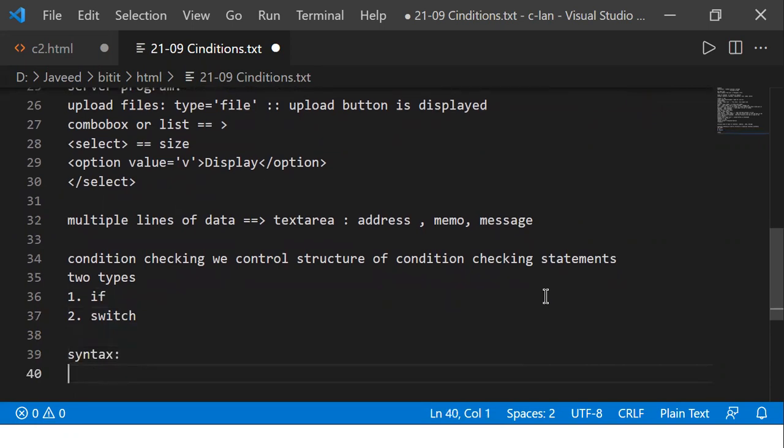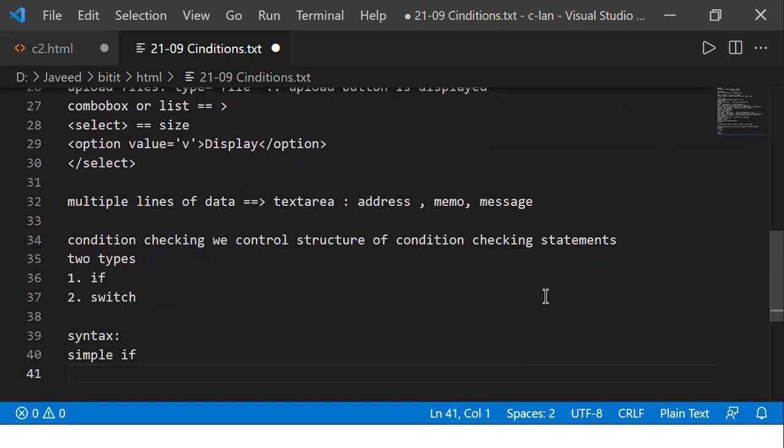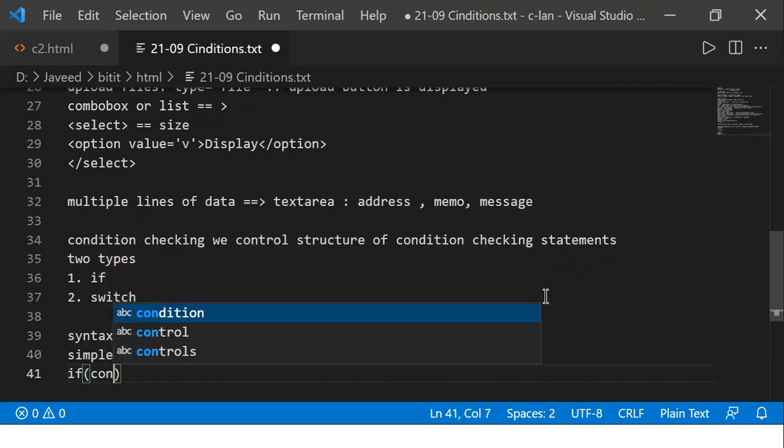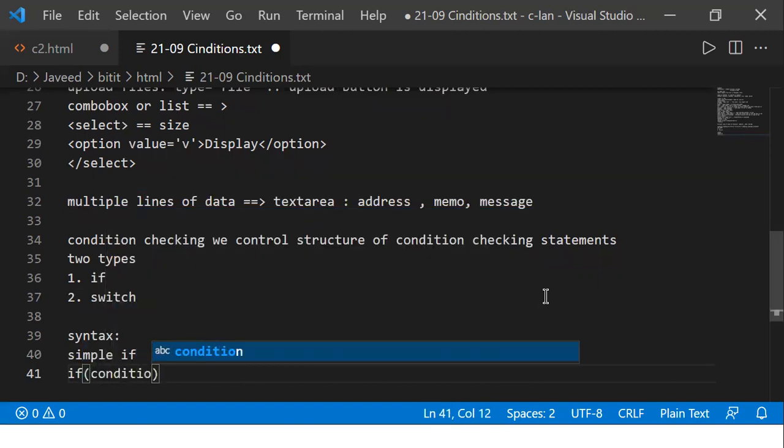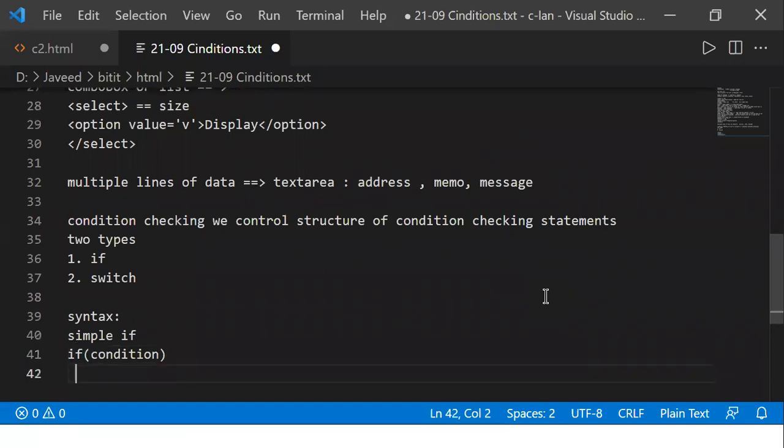I have a simple if, which is just if followed by the condition, and then a true statement.